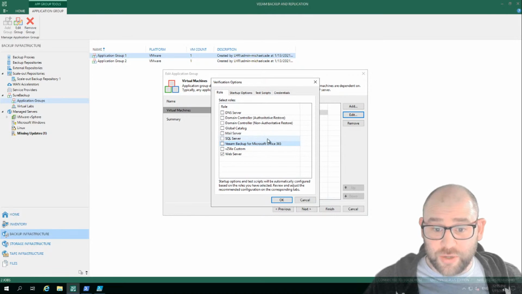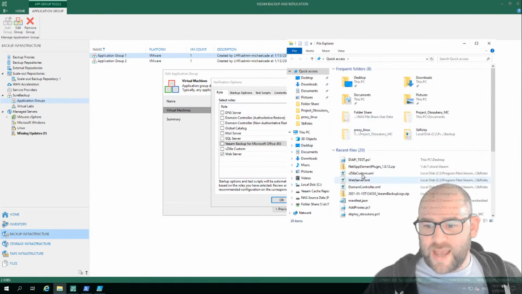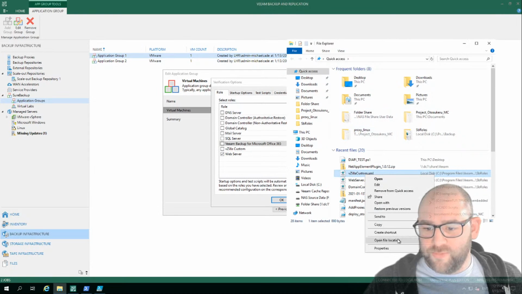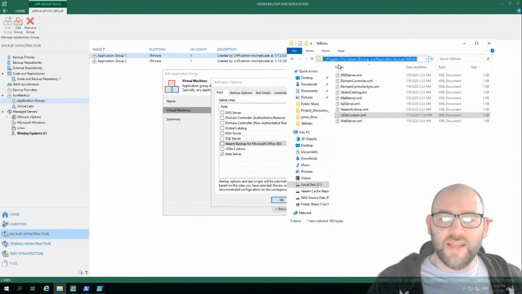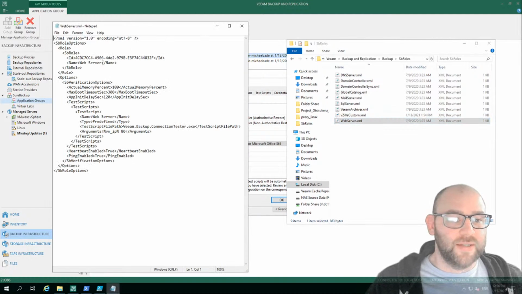So if you wanted to make your own custom port tests or be able to modify these, this might be the test. There we go. Let's just do open file location. So where you're going to find this is under C, program files, Veeam, backup and replication, backup and SB roles. And what you do is you could open an existing one, take this, change your name here, obviously save it as something different to web server, potentially change the